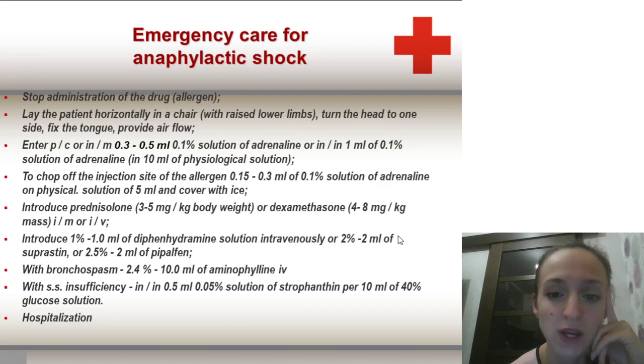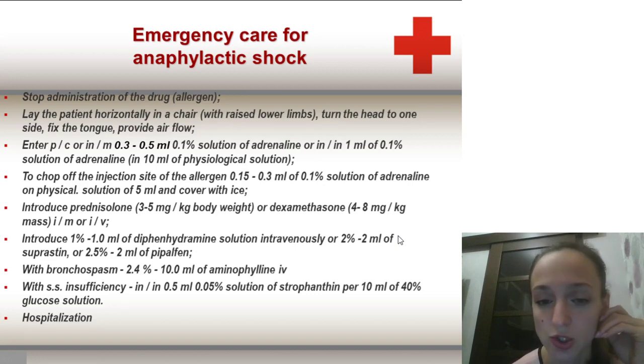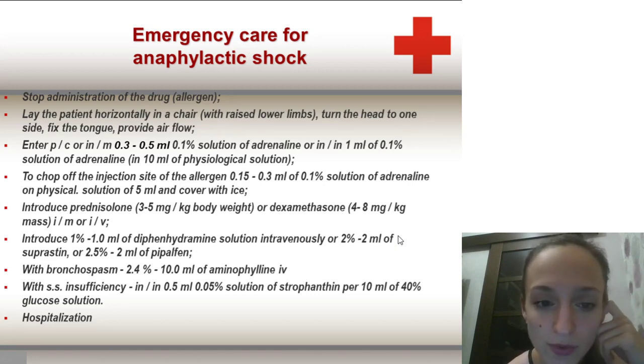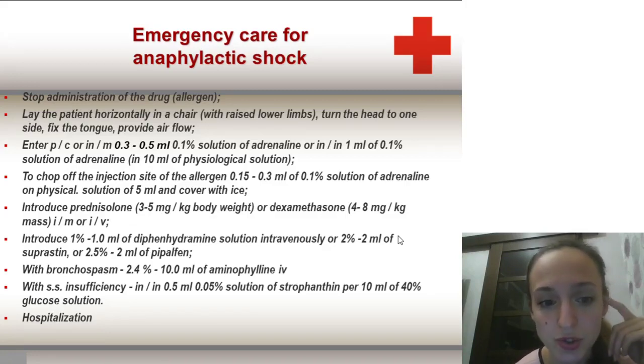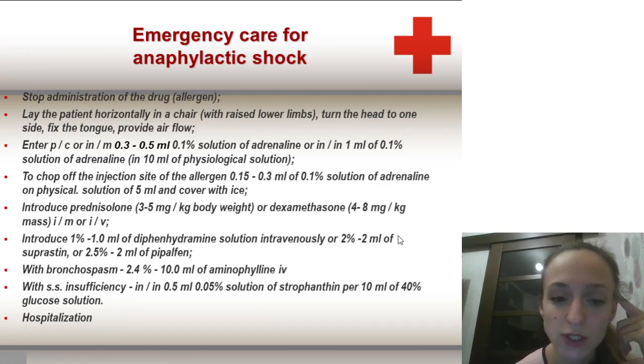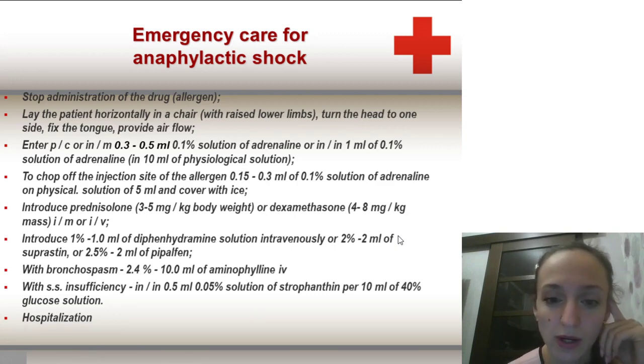We should administer, per os or intramuscularly, a solution of adrenaline, or adrenaline with physiological solution. At the injection site of the allergen, apply a solution of adrenaline or physiological solution for 5 millimeters, and cover with ice. Introduce prednisolone, from 3 to 5 milligrams per kilogram body weight,